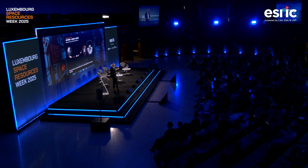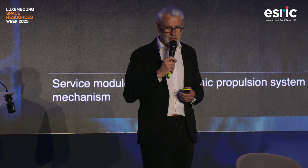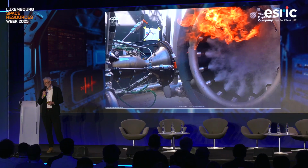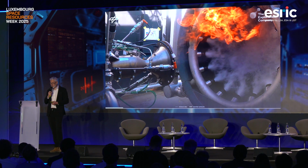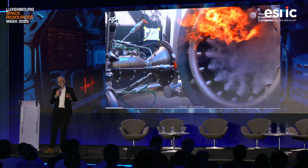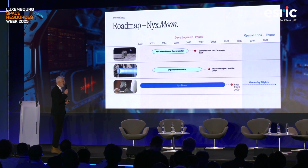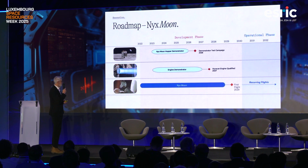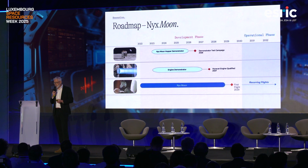So that's why we are already developing our cryogenic propulsion for the Nix Moon. This engine is called Huracan, and you can see one test which has been performed in the DLR installations in Germany. So we have a roadmap where, in parallel with the development of Nix Earth, we are already developing the engine, with this schedule: to have the engine ready for qualification beginning 2028. We are supported by ESA